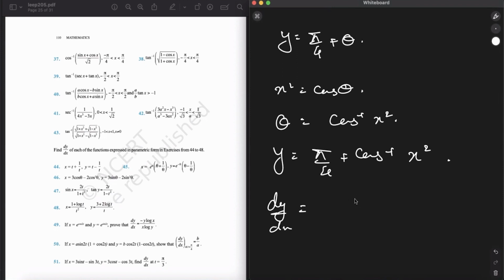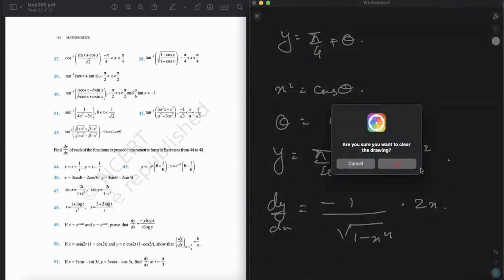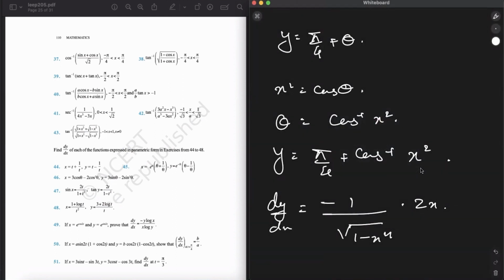So it will be minus 1 upon under root 1 minus x to the power 4, into 2x. So this will be your answer: minus 2x upon under root 1 minus x to the power 4. So moving forward,